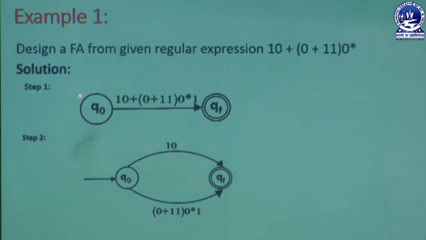In step 1, we write the regular expression given here: 10 + 0 + 11 0* 1. We create Q0, which is known as the initial state, and a final state.